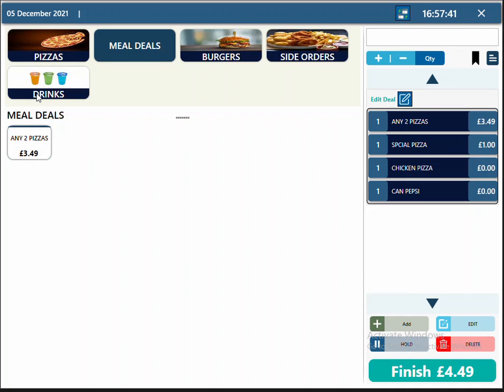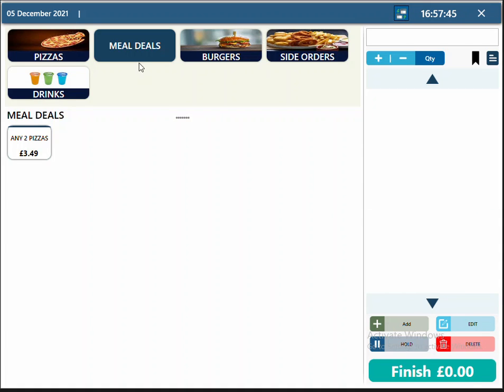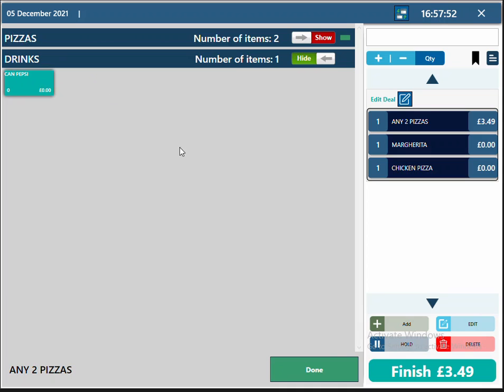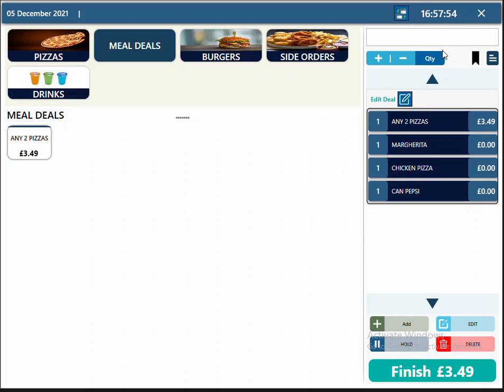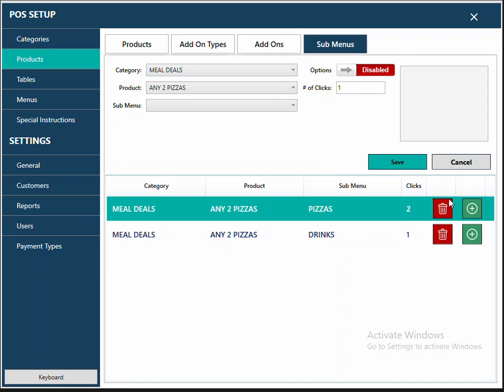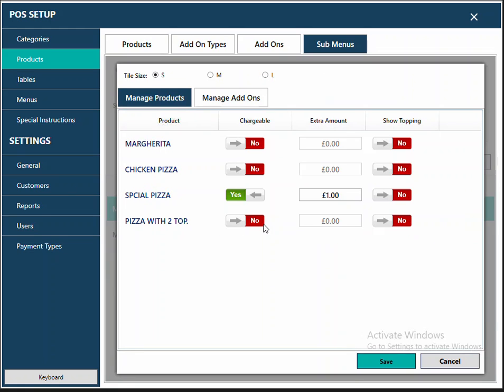Finally, if you want the software to show the topping screen as well, so for example, when you're taking a meal deal, you want the software to ask what topping they want with margherita. So after every click, you want to show the topping screen. You can also link the topping screen as well. So to link the topping screen, again, you need to go to the add-on, click on this plus sign in front of pizza, and then